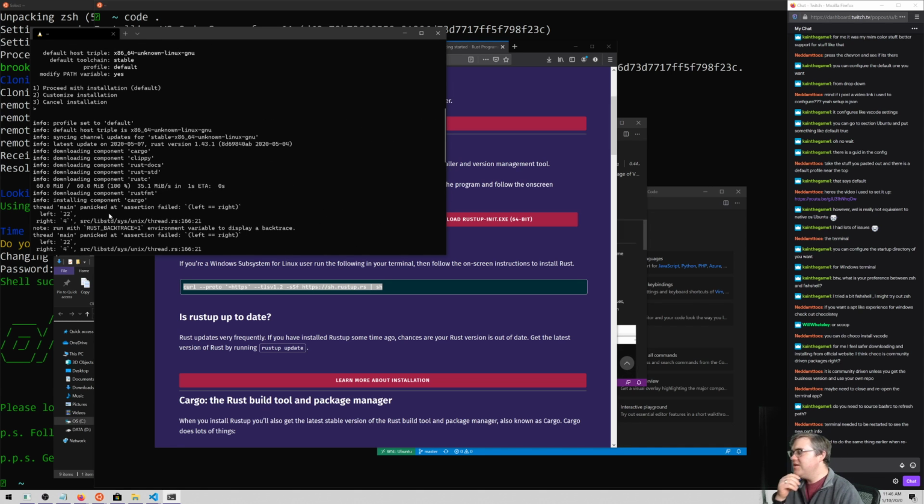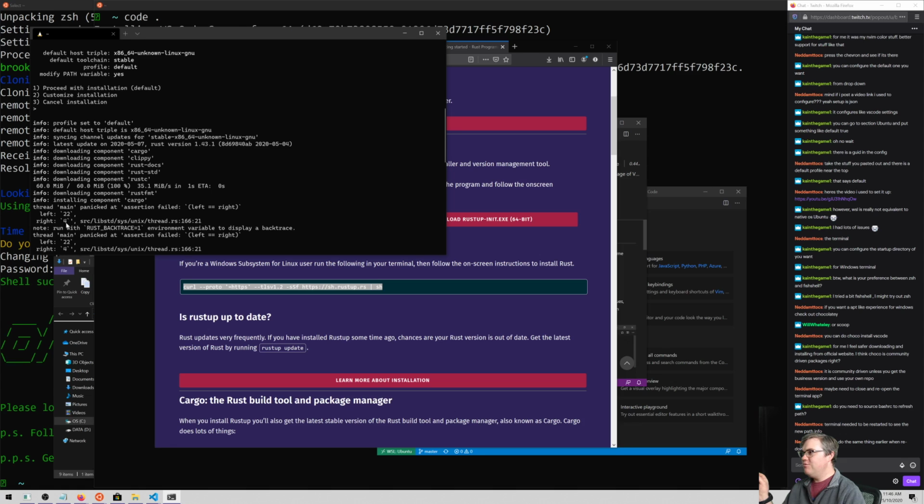What do I need to install? Am I missing like C or? Okay, so download rustfmt, download cargo. I love this. Thread main panicked at assertion failed, left equals right.